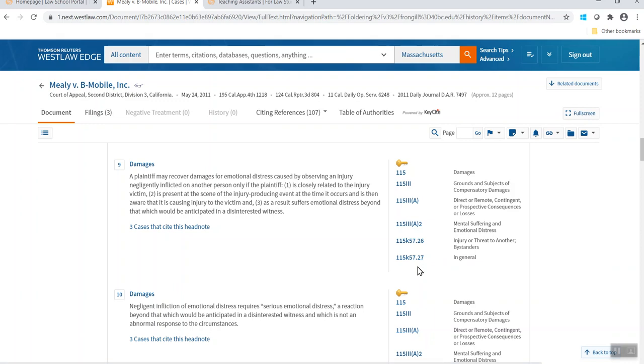Now, in a second, I'm going to click and get every case in California classified to that particular issue. But before I go there, one other thing I want you to be aware of surrounding the West key number system. It's a taxonomy, and I think of it as a living, breathing organism that adapts, changes, and grows. If we had this conversation